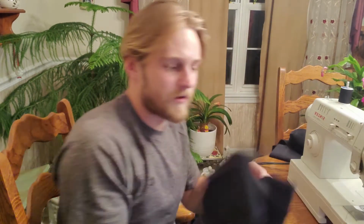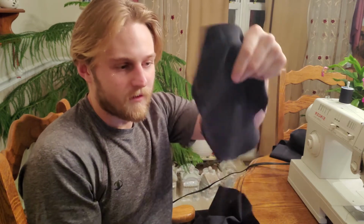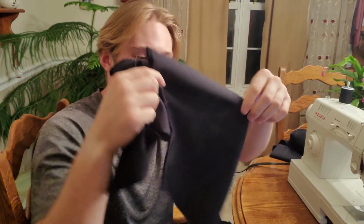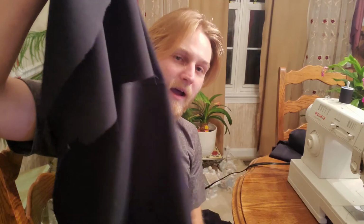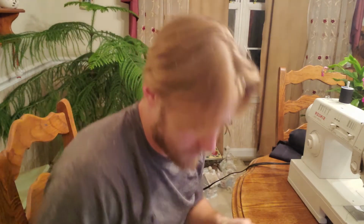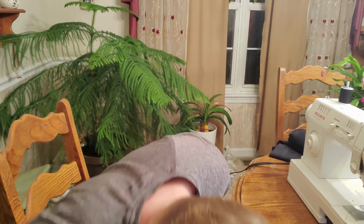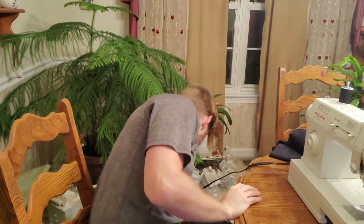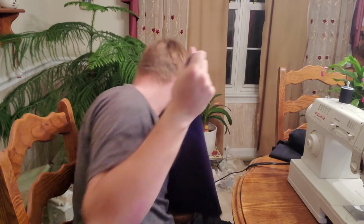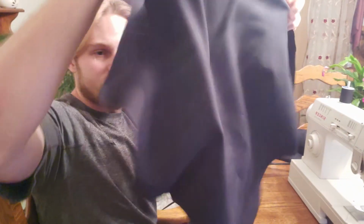So you should have these four black pocket pieces. You should also have four black back pieces, or two black back pieces and two lining color back pieces if you want the entire inside of your robe to be lined. And then you should have two front lining pieces, and then you should have two black sleeves